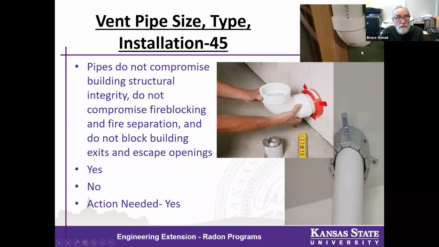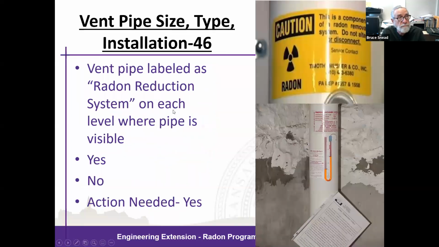We want to make sure that our installations don't violate structural or fire integrity of building components and building systems. So you see the mitigator installing a fire collar around a radon vent pipe penetration from a garage into a basement space, or from a garage through into a ceiling above on the right-hand slide. These fire collars and other mechanisms can be installed around the pipe to seal it in the event of a fire, through the effect of the fire collar compressing the pipe when a fire occurs.